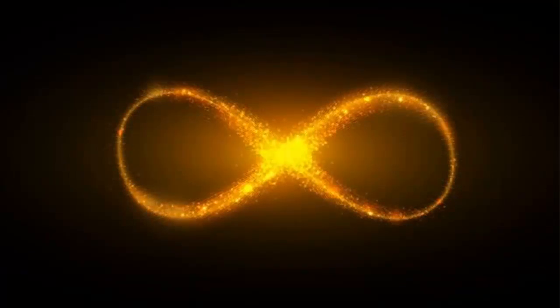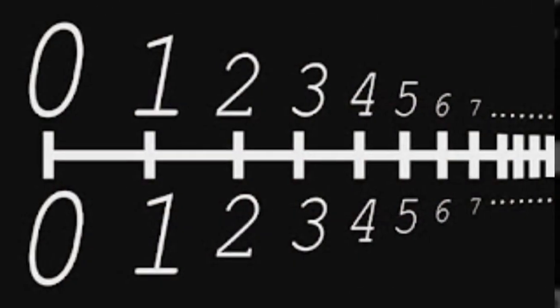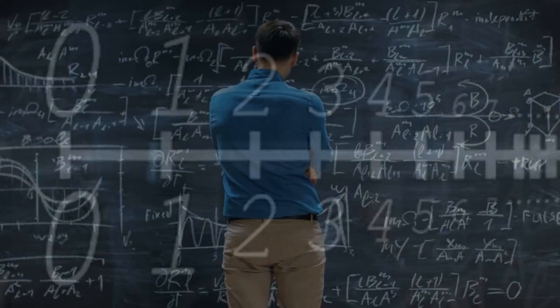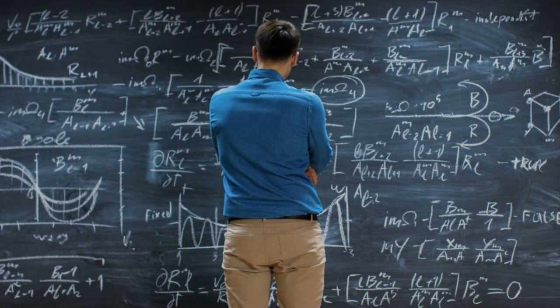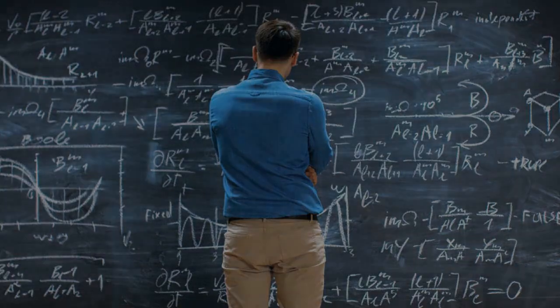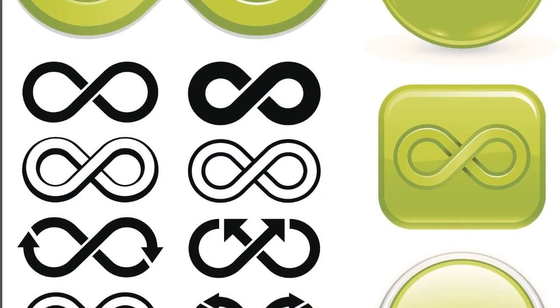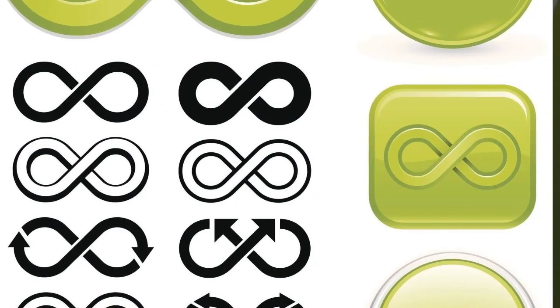Infinity shows up in many mathematical settings, like the endless number of points along a line or the stream of digits in pi that go on forever. The set of counting numbers is infinite too. To measure different infinite sets, mathematicians use cardinality or size. Using clever proofs, they showed that some infinite sets are actually larger than others. For example, the infinite set of real numbers is larger than just the counting numbers.